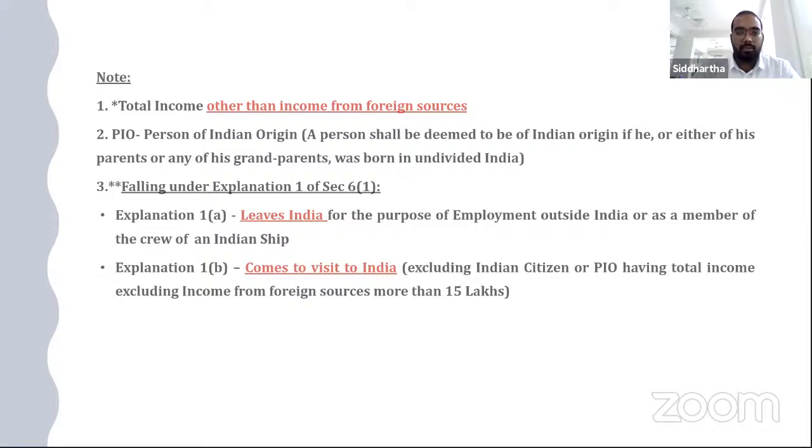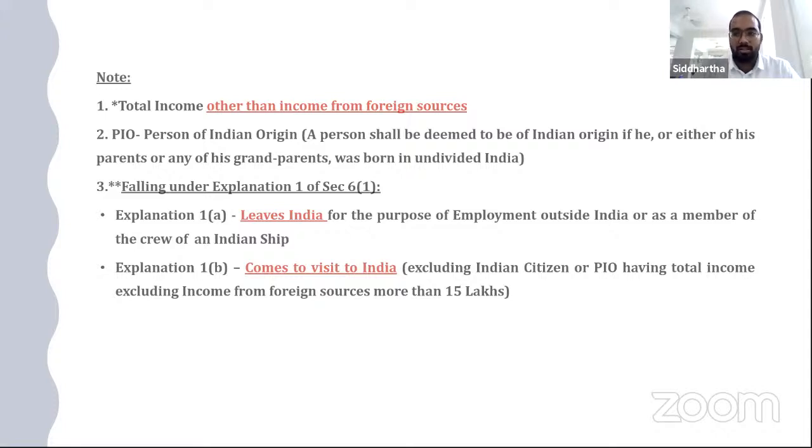And there is one more exemption given when you visit India. If your stay in India is less than 182 days, you are a non-resident. But there is an exception which has been brought in in case you are an Indian citizen or person of Indian origin, and your total income, excluding income from foreign sources,